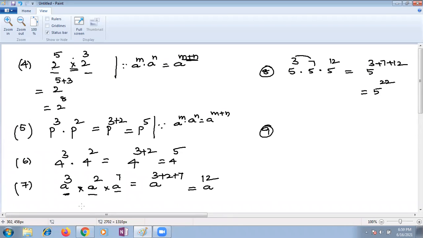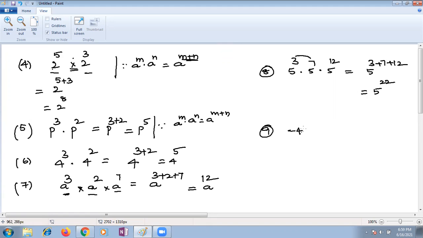Why are you multiplying powers here? Which law are you using here? Ma'am told that if it's multiplication, you have to add, and division you have to subtract. Yes, only. I didn't teach the power raised to power rule yet. Only two rules I taught you: one is the multiplication rule, another is division. In multiplication, the bases are the same, you add the exponents. In division, you subtract the exponents. Only these two points you're supposed to remember, children.